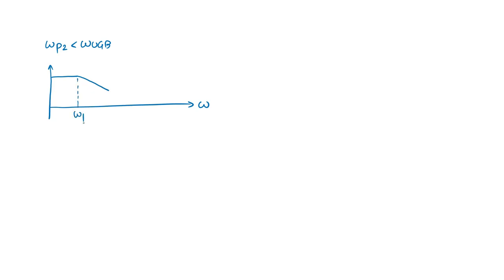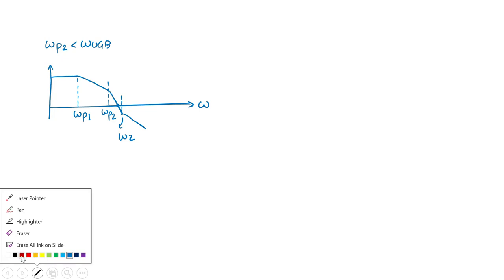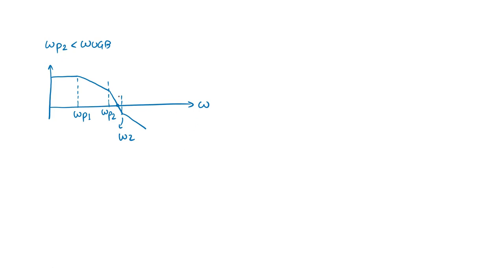This is my pole 1. And if the pole 2 comes like this, this will be omega P2, which is a minus 40. This is my UGB, and after that, let's say the zero comes. This is my omega Z, and in between there is omega UGB. So what we have seen, if I draw the phase plot, the phase